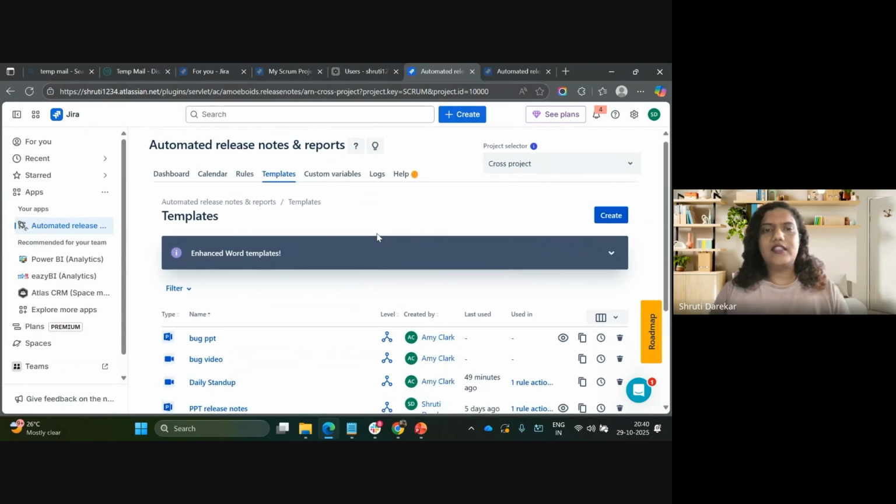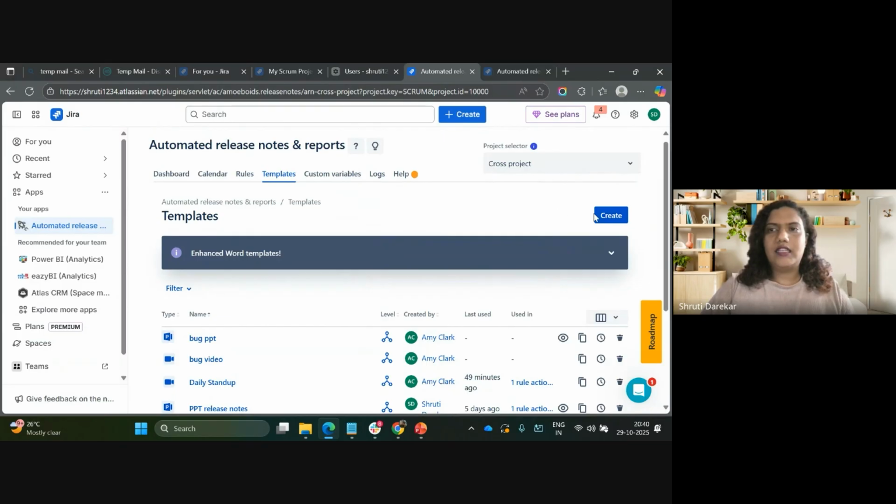So for creating any report, the first thing that we need is a template of that report. And why I'm saying template is because these templates are something that once you create it, you don't have to look into it again. You will just keep on reusing the same template for different sets of data. For example, you create one template for a particular version, and then you are going to keep on recreating version reports using the same template.